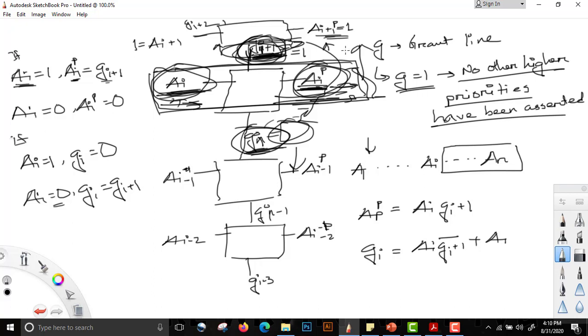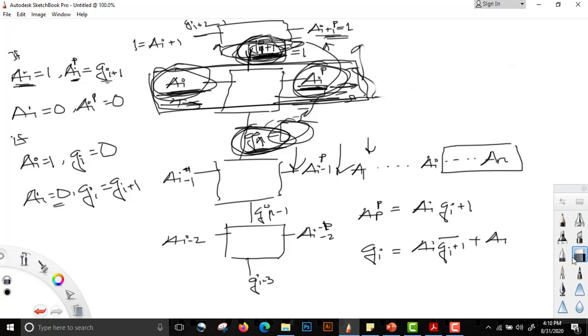If a higher priority input has asserted its dominance, then the lower priority inputs will get the grant line as 0 and they will be inactive. If the higher priority has not asserted its dominance, the lower priority will get the grant line as 1, and as a result the output will depend on their inputs. So the block that is operational here will have the expression based on this and this. So each of these blocks will have an input AIP, will have an input AI,